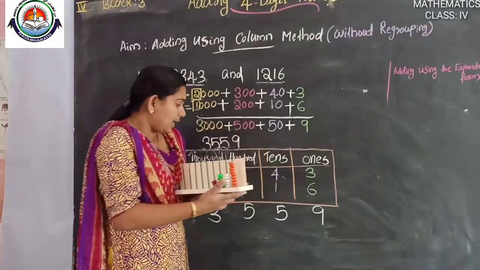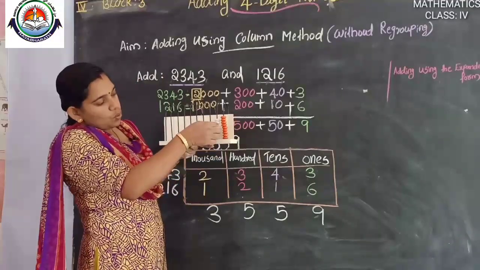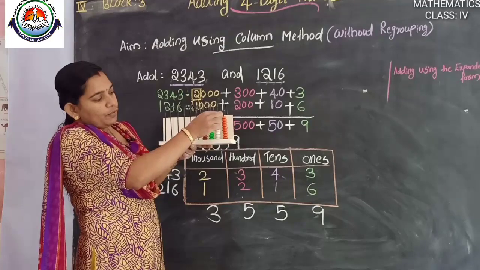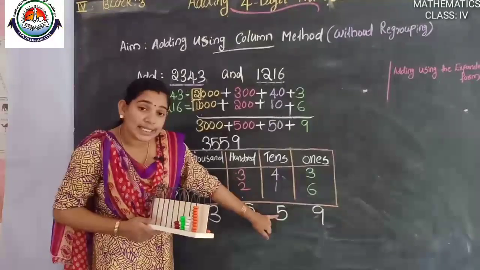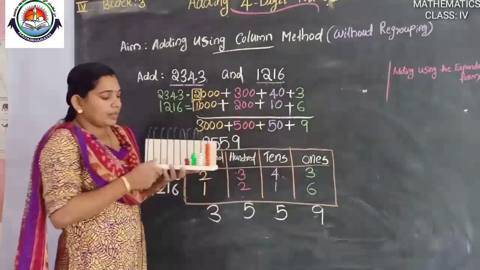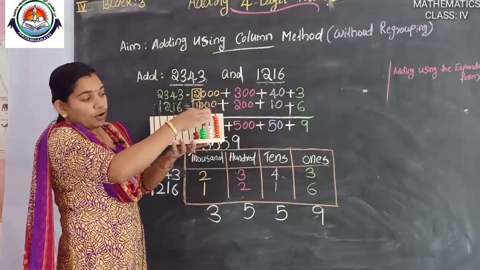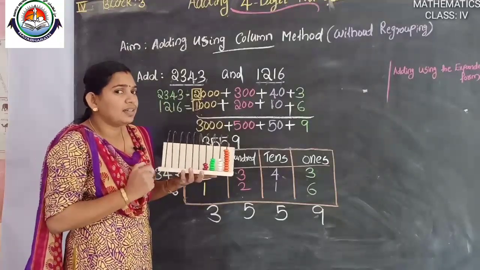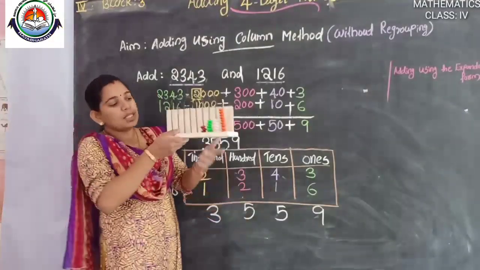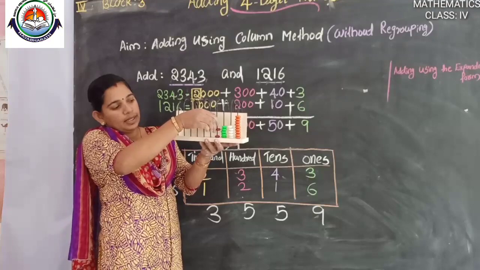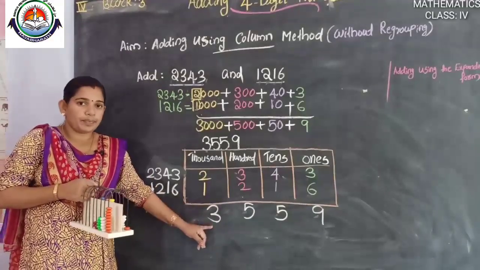In the ones place it is 9. You look here. Ones place is 9. Then tens place, how many beads? 1, 2, 3, 4, 5. 5 beads. Here the tens place is which digit? 5. Then 100 place 1, 2, 3, 4, 5. How many beads here? 100 place 5 beads. So what is the digit here? 5. Then 1000 place 1, 2, 3. 3 beads. Here the digit is 3. Okay.